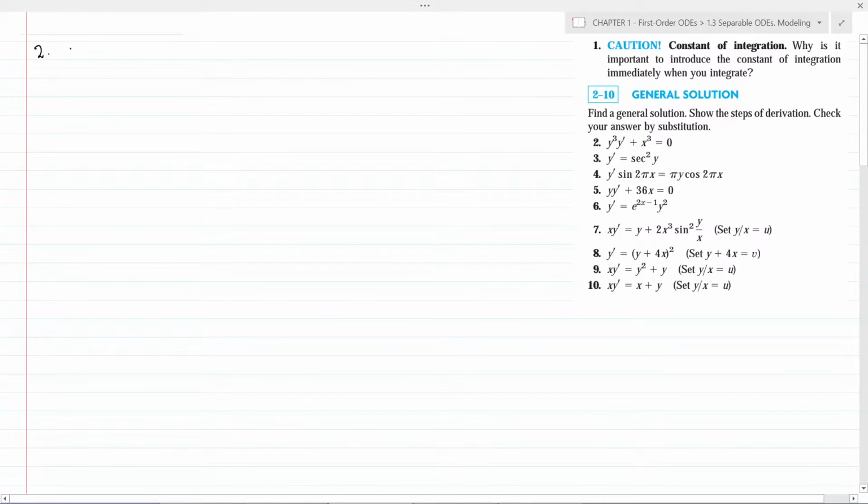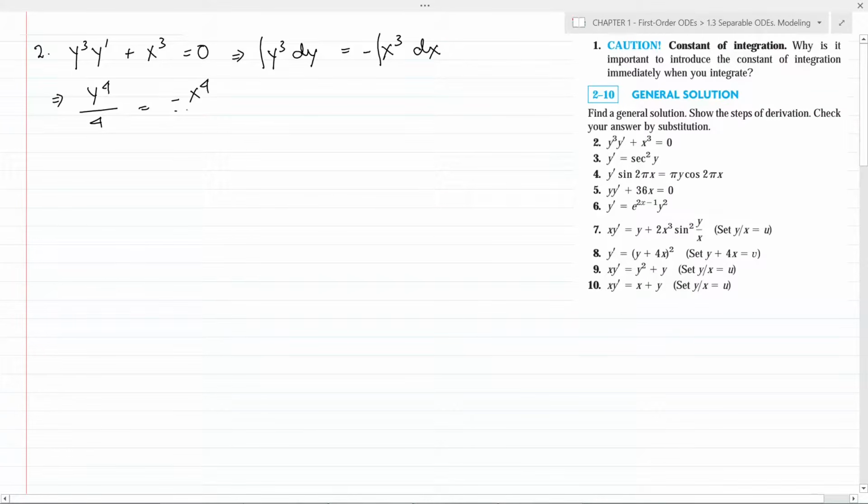Problem 2, y cube y prime plus x cube is equal to 0, which implies y cube dy is equal to minus x cube dx. We integrate both sides. y to the power 4 divided by 4 is equal to minus x to the power 4 divided by 4 plus c,